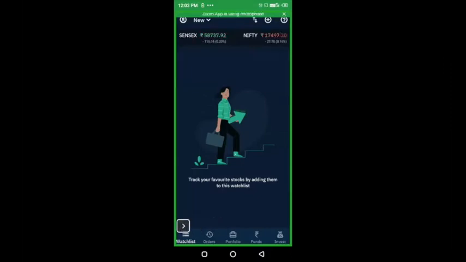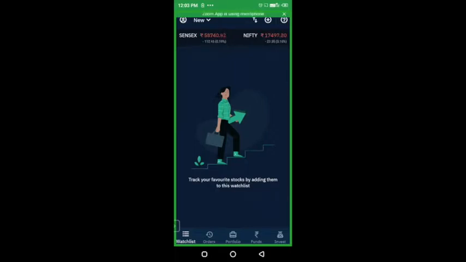After you finish entering your login credentials in the UPSTOX app, you will see this screen. Here you will have the details about Sensex and Nifty. This is the live market, guys. Now it's 12 o'clock, okay? So the Sensex and the Nifty will keep on fluctuating. Today the market is down. That's why it is red in color, okay? And also it is negative. The Sensex has fallen down by 112 points. Nifty has fallen down by minus 27 points, okay, and this is the percentage by which the Nifty and Sensex